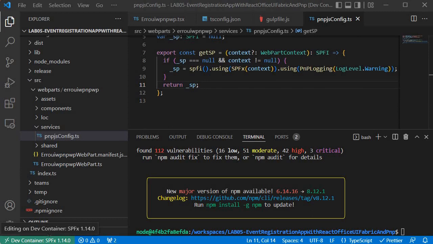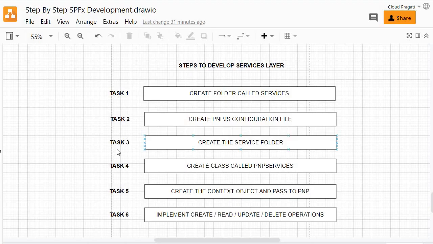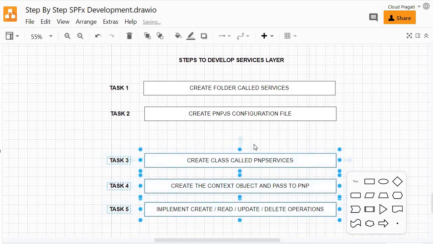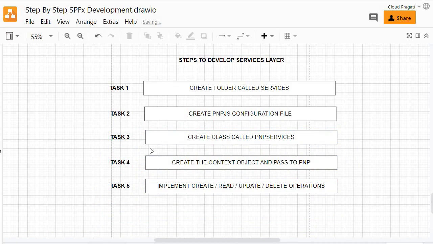So let's look into step 3. Guys, in step 3 we made a mistake over here. This is the first step because of copy pasting it happened. So let's delete it. Basically this is the third step, then it should be the fourth step, and then the fifth step. Make sure that we do it like this. Okay, sorry for that. Now at the third step, in this step we need to create a PnP service